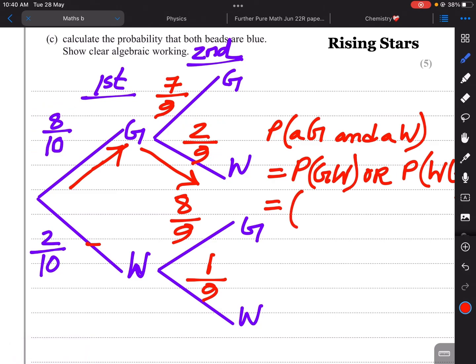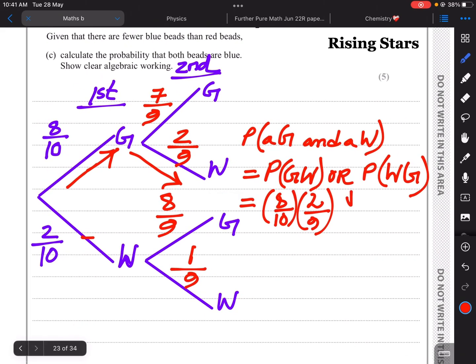So 8/10 into 2/9. Okay, or এর জন্য প্লাস দিতে হয়। I guess you know that. Or rule states that we are having any one of two possibilities, and that is done by adding the possible probabilities. এই জন্য অর্ডার জন্য অলওয়েজ প্লাস দিতে হয়। ওকে, সো নাও ফর WG সেম ভাবে করব।